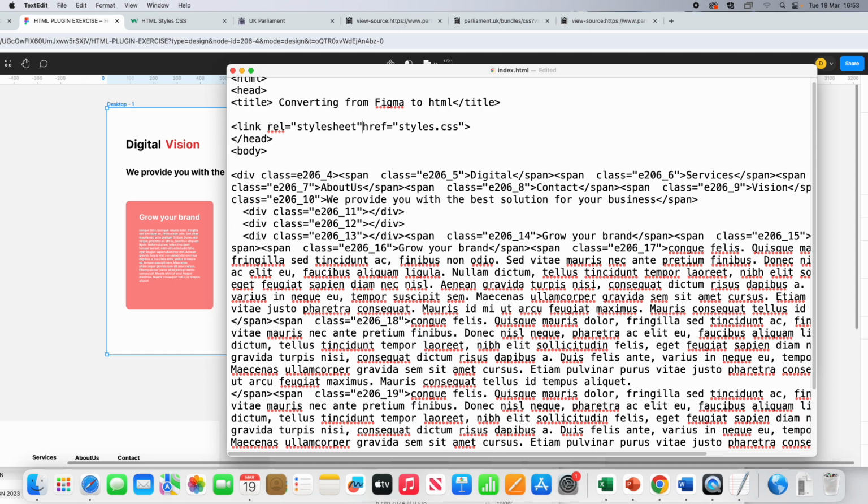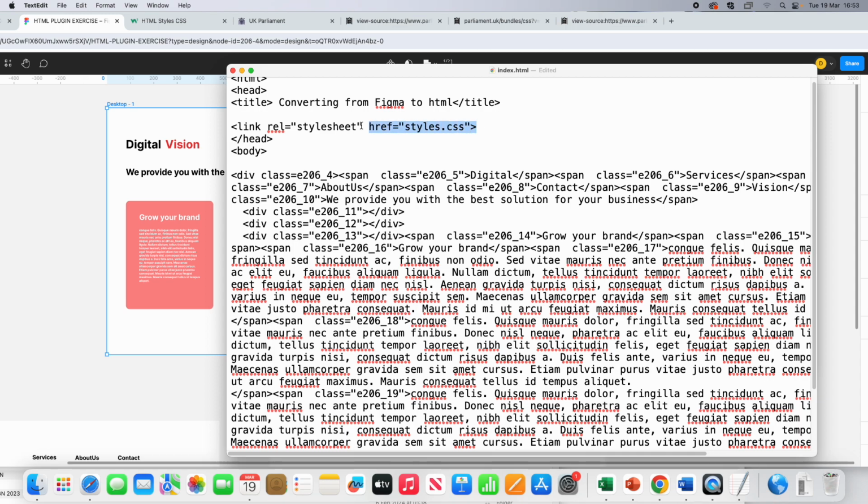And make sure that gap isn't too small. Let's put it here. So link relative equals style sheet, hypertext reference equals